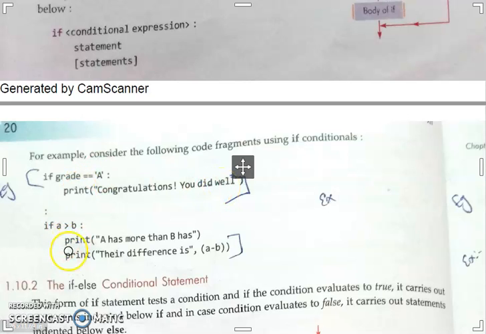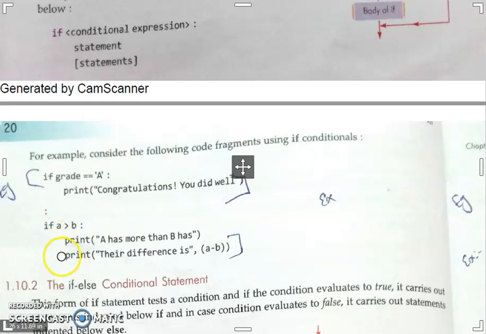As well as you see here, if A greater than B, if the A value is greater than B, so I am going to get the A value from the user and the B value from the user. If A is greater than B, then these two statements belong to the if condition because they have an indentation.